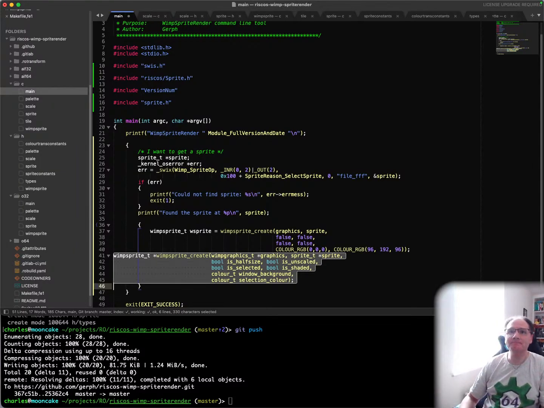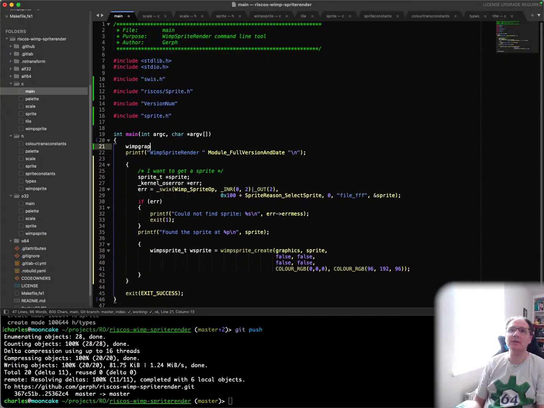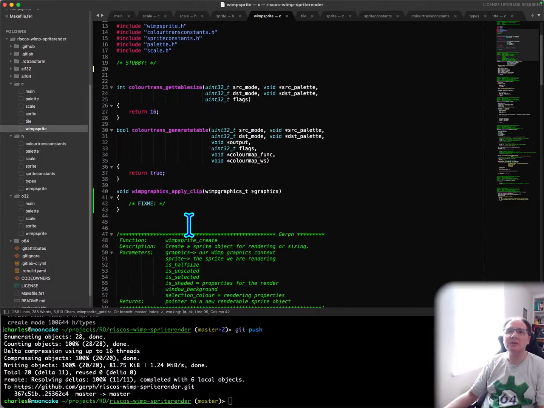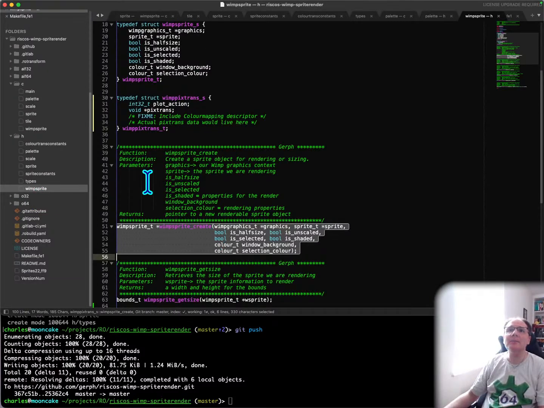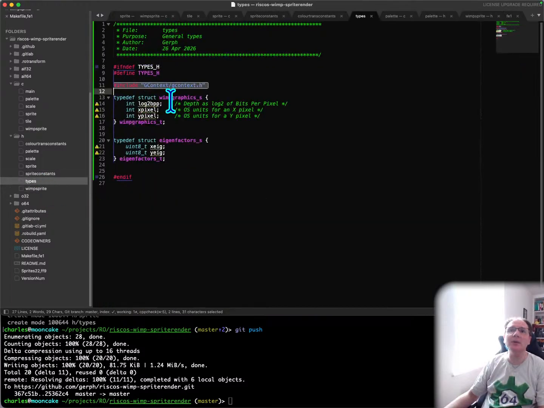Okay. So that'll create a sprite, but we don't yet have a graphics. So we need a Wimp graphics T star. I think we just have this defined to not do anything just yet. Oh, not that one, that's an object file. Don't care about those. A Wimp graphics. Come on, where's Wimp graphics live? It's one of these. Oh, it's not particularly difficult data. All right, so